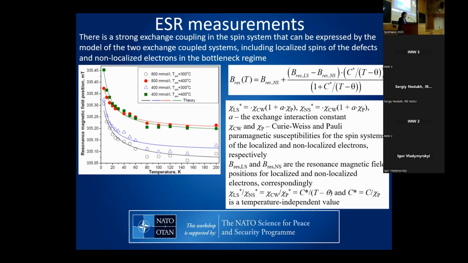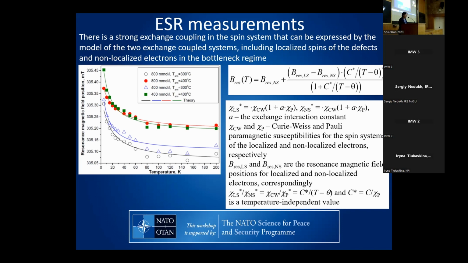And indeed, when we built a temperature dependence of the resonance magnetic field position, it shows a typical behavior for the case when there is a strong exchange coupling in the spin system, and it's a coupling between localized and non-localized electrons. We have described it